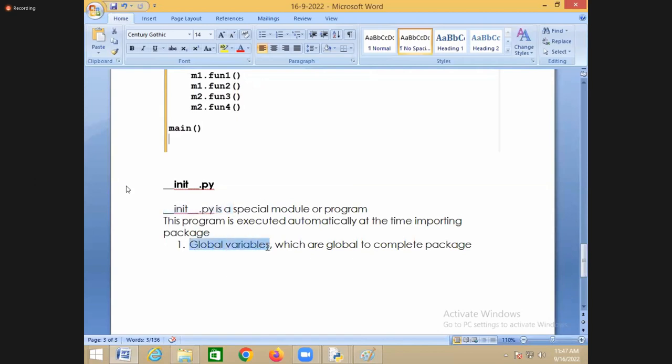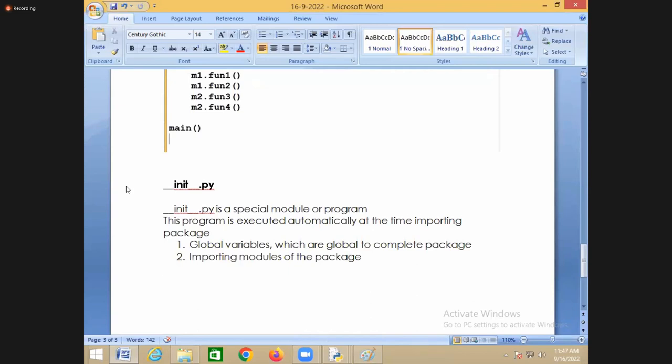It is used for declaring global variables, which are global to the complete package. And not only that, importing modules of the package. For example, whenever I import the package, I want the modules to be imported